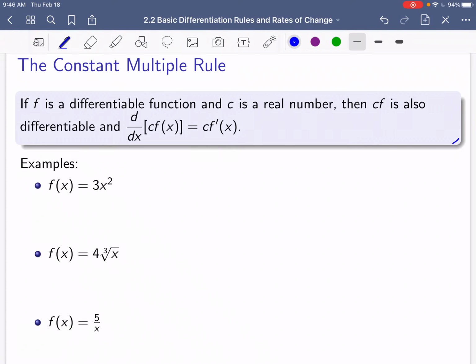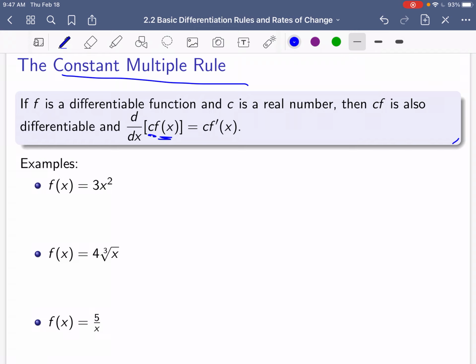In this video, we're going to continue looking at basic differentiation rules, and we're going to look at the constant multiple rule. So previously, we talked about the derivative of a constant all by itself is equal to 0. However, now we're going to talk about what is the derivative of a constant multiplied by some other function. And what we find is that that constant is just going to go along for the ride. When we take that derivative, we can take the derivative of the function part and just bring that constant along